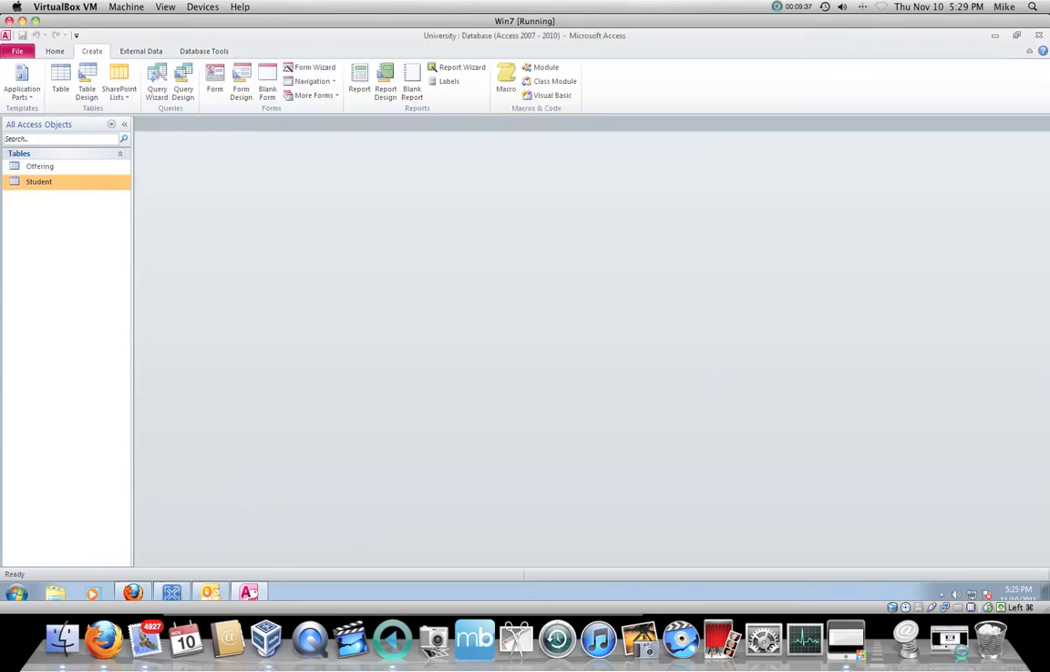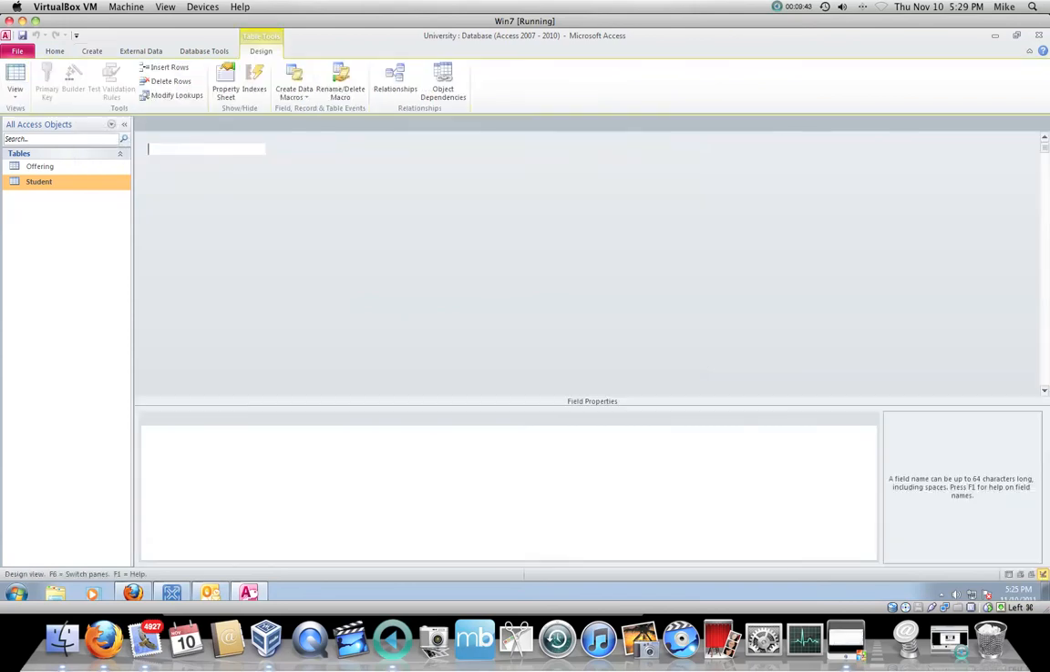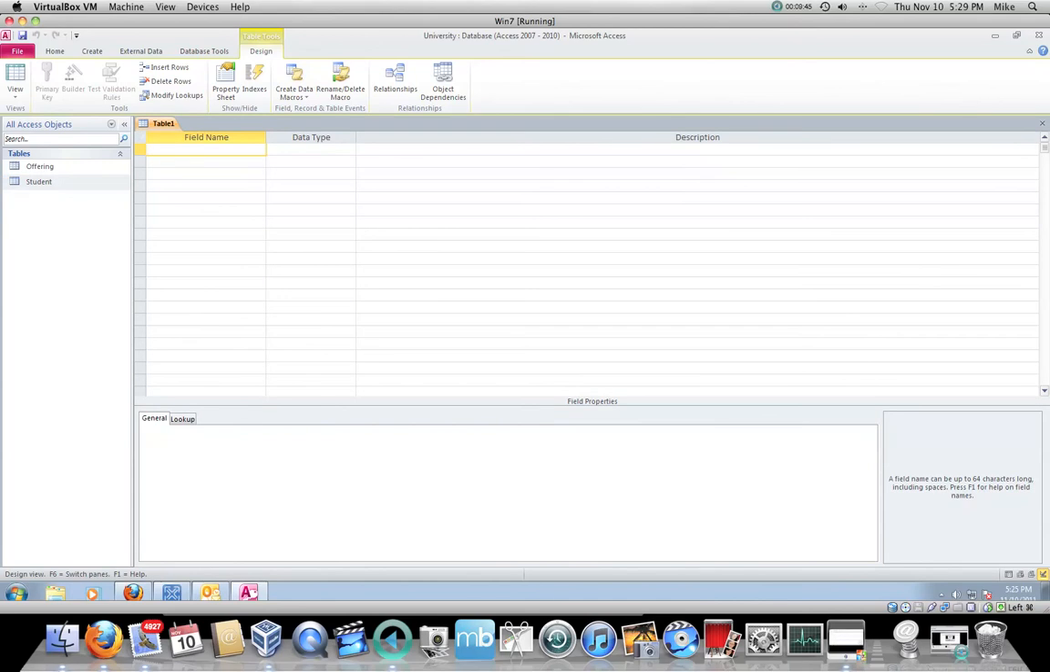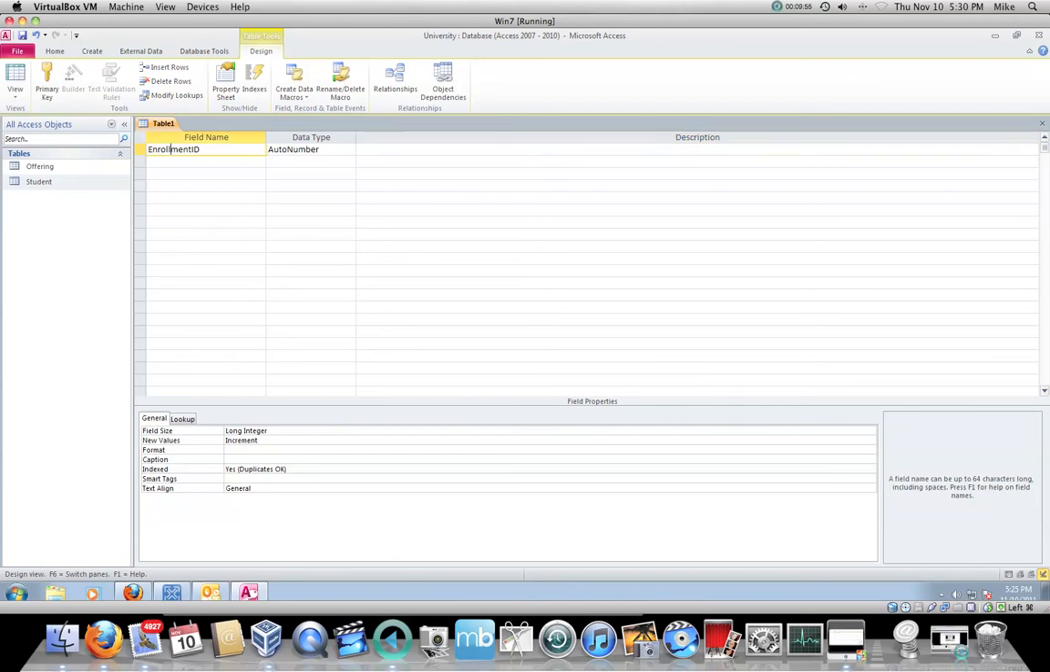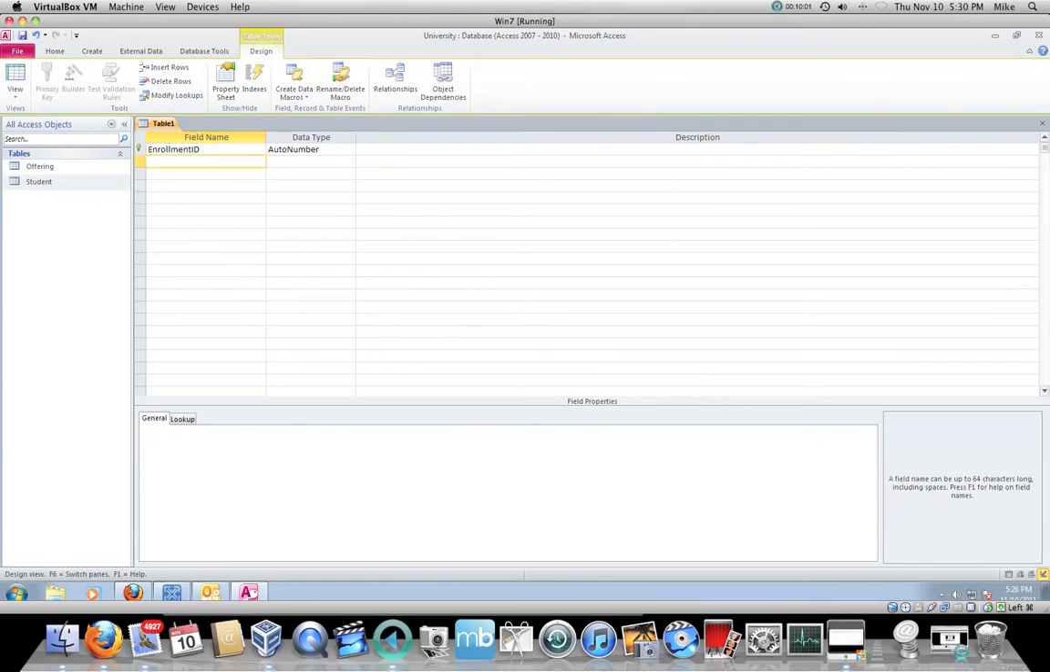Okay, now I want to create one more table just to show you how to make an associative entity table. So we're going to go to Table Design, right? In this case, this is going to be enrollment, so I'm going to make enrollment ID. It's going to be an auto number. Now I can make that the primary key, right? And then underneath this, I can have